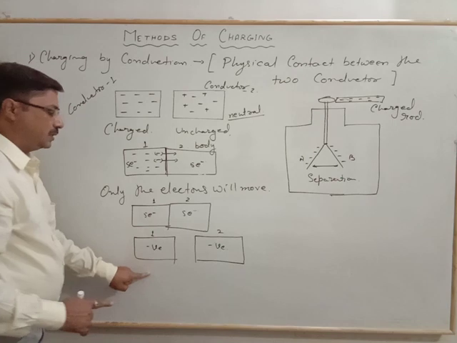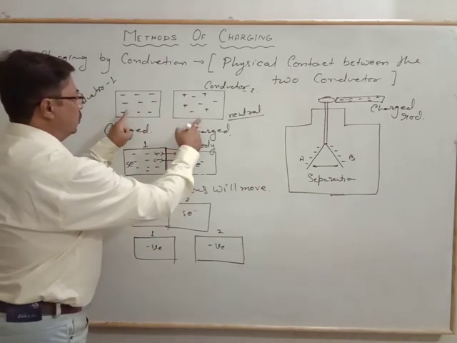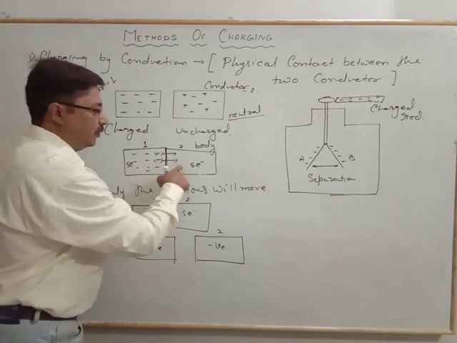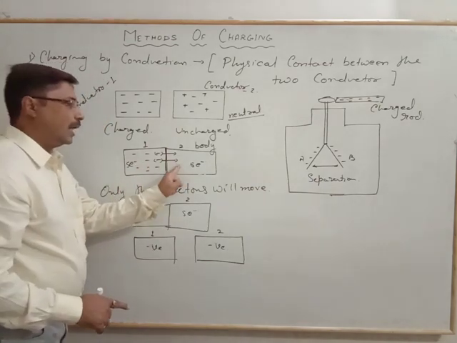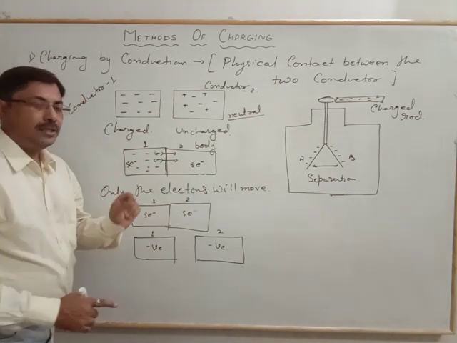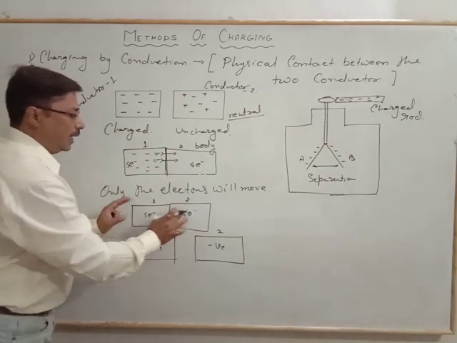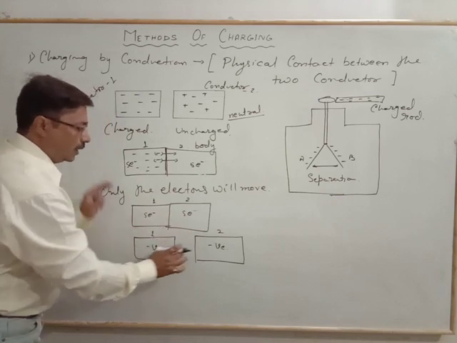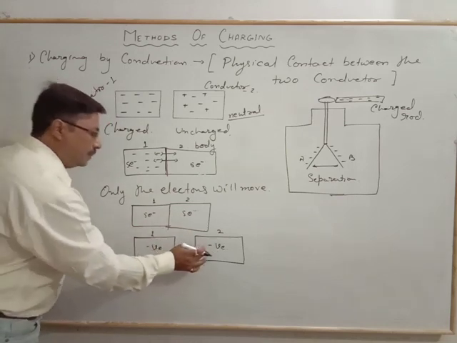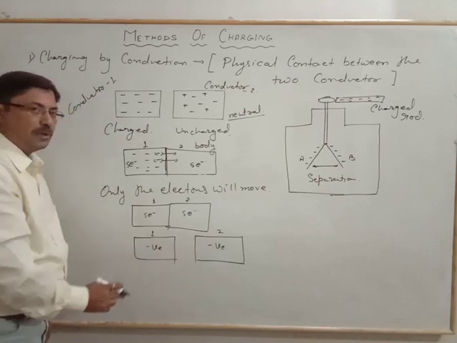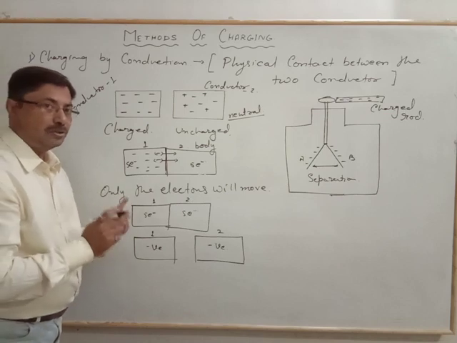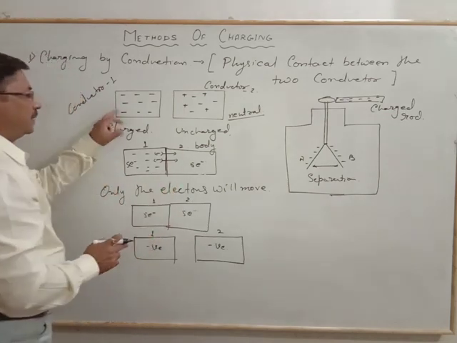How do we come to this? Whenever a charged and an uncharged body come together, electrons will move until balance is reached, and that phenomenon occurs. That means the charging of the uncharged body is similar to that of the charged body. Both acquire the same charge, which we will write in the note also. And this is with the electron.